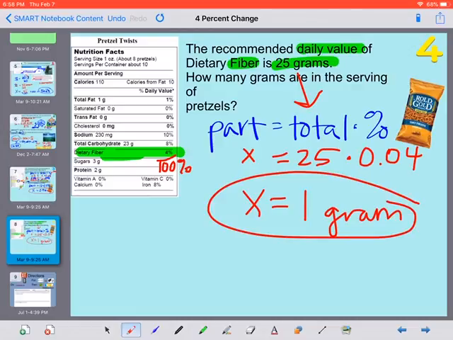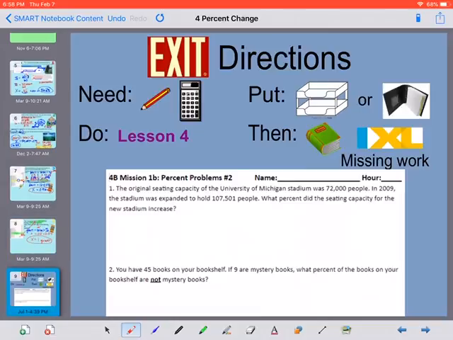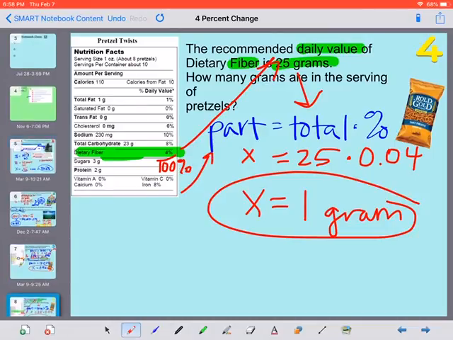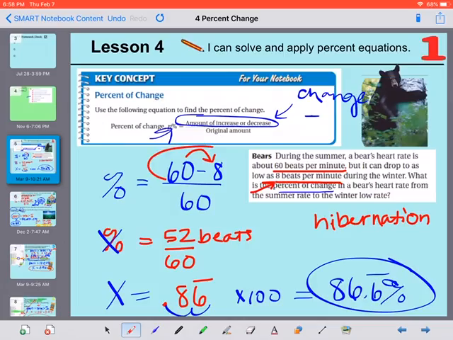So in our pretzel twist, we are getting 1 gram of fiber, and you need 25 grams total in a day. All right, if you have questions, please let me know. Part of this is using percent increase, and part of it is just a review using your percent equation from right there. So if they're asking you for a percent change, you need to subtract to figure out